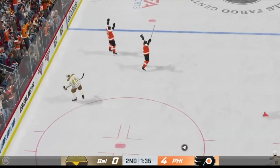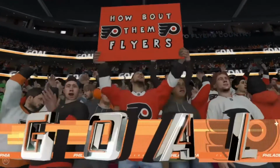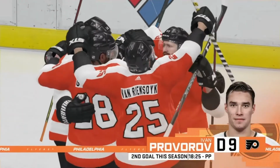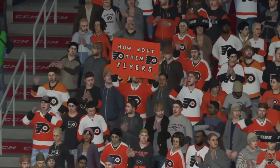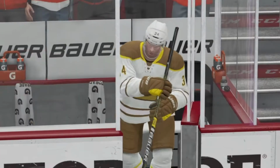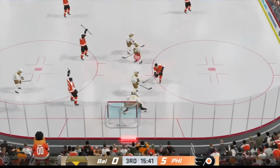He will get it over for a one-time slap shot and huge goal. That's going to make it 4-0 Philadelphia. Ivan Provorov with the goal there, only his 2nd of the year. It is a power play goal, and the Flyers faithful are super happy about this. They are hype, and the Burghers are just a little dejected right now, and it shows